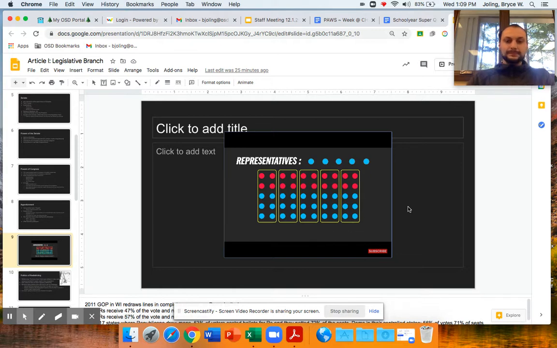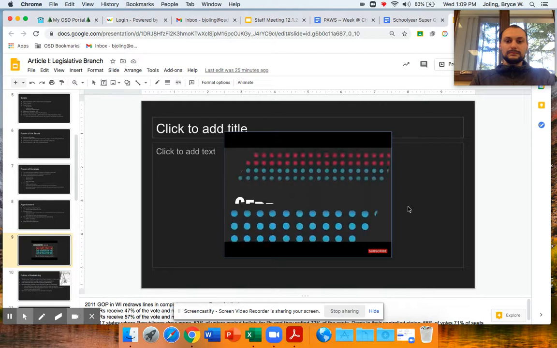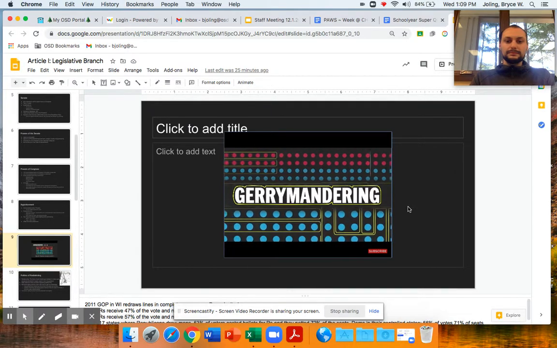Well, finally, what if the red party controls the state government? The reds know they're at a numerical disadvantage. But with some creative boundary drawing, they can slice the blue population up such that they only get a majority in 2 districts. So despite making up 40% of the population, the reds win 60% of the seats. Not bad. This process of redrawing district lines to give an advantage to one party over another is called gerrymandering,